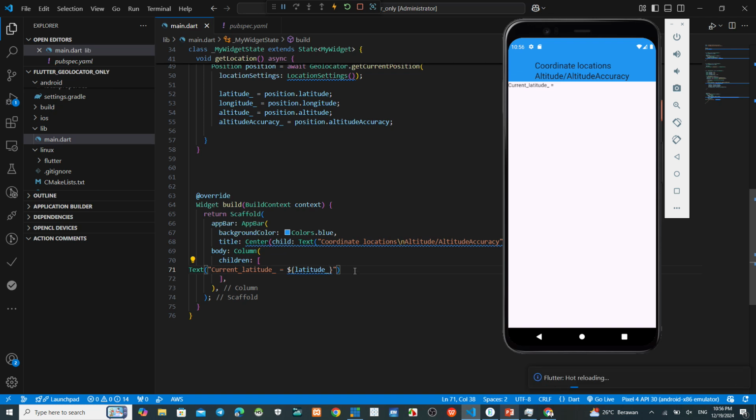And next, okay, after latitude we make this one longitude. Okay, this one longitude. Next, the altitude here.